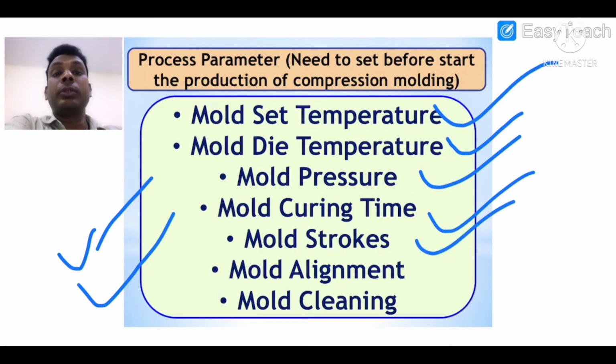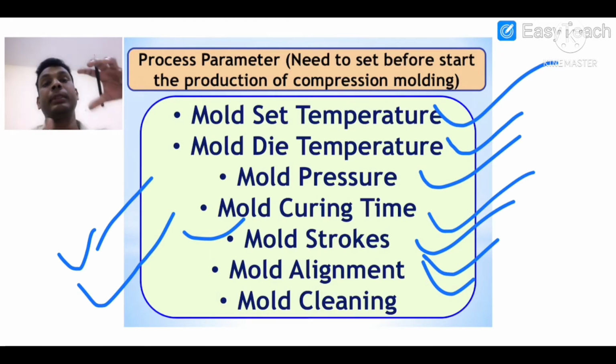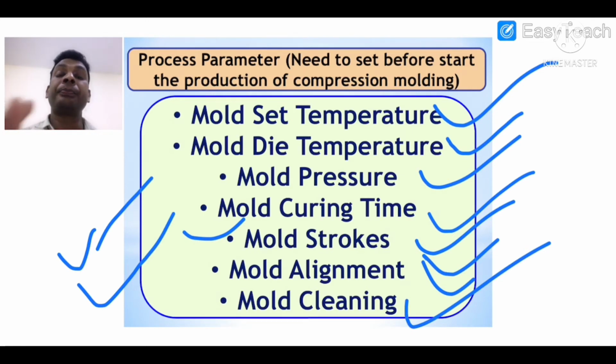Mold stroke is also required. You can say bumping time; this will improve the preform's engagement in the mold cavity. It also improves joint failure, so you can reduce joint fail rejection by improving the bumping stroke. Mold alignment is also required. Top and bottom plate clamping alignment and mold alignment need to be checked before production, otherwise it will not comply with the standard dimensions required by the customer.